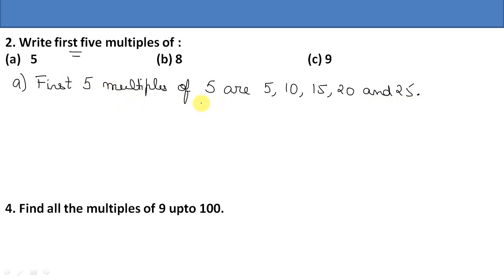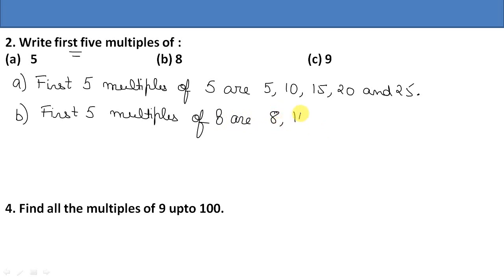Now let's find it out for 8. The first 5 multiples of 8 are. तो आपको 8 का टेबल लिखना है स्टार्टिंग 5 तक. So it is 8 1s are 8, 8 2s are 16, 8 3s are 24, 8 4s are 32 and